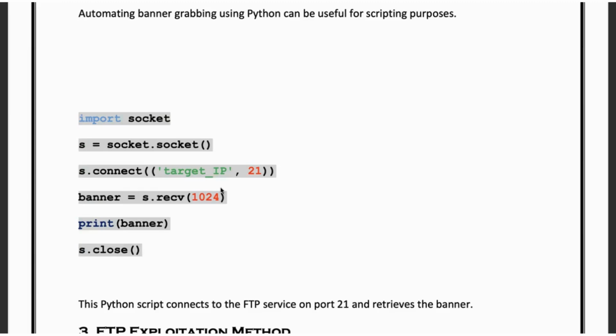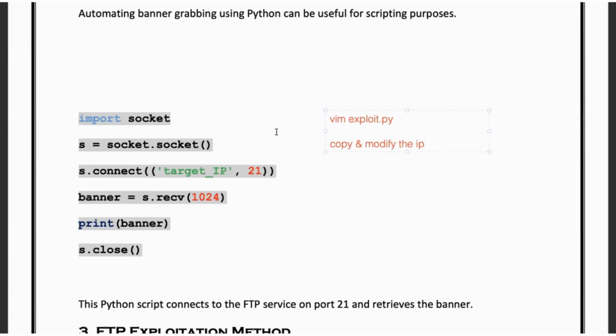Suppose in any infrastructure, Nmap is prohibited, or Telnet is not available, or Netcat is not available, then you can simply make this Python script, make a file with that code, modify the IP and run this Python code. So how can you run this Python code? Let me tell you the command. You will create a file using Vim. If you are familiar with Linux, you can create that file using Vim. Suppose you write exploit.py, then Vim is opened, you copy all this code and modify the IP address,